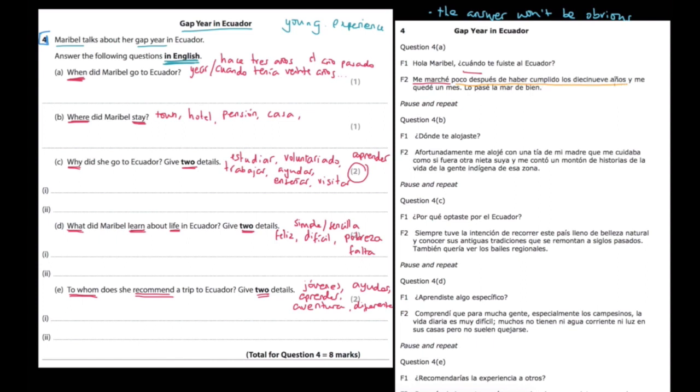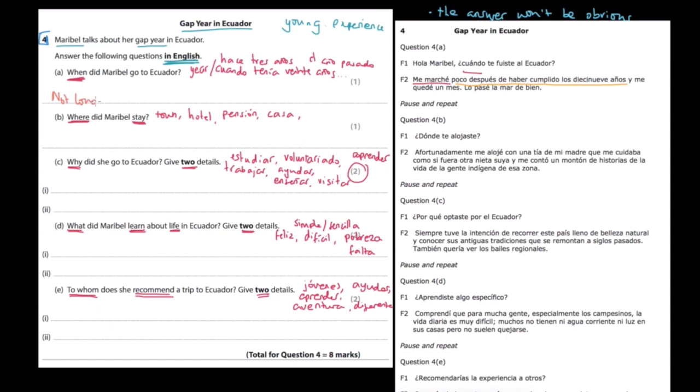Now, this is one of those cases where they're not necessarily expecting you to understand everything word by word. Now, the perfect answer to this question would be